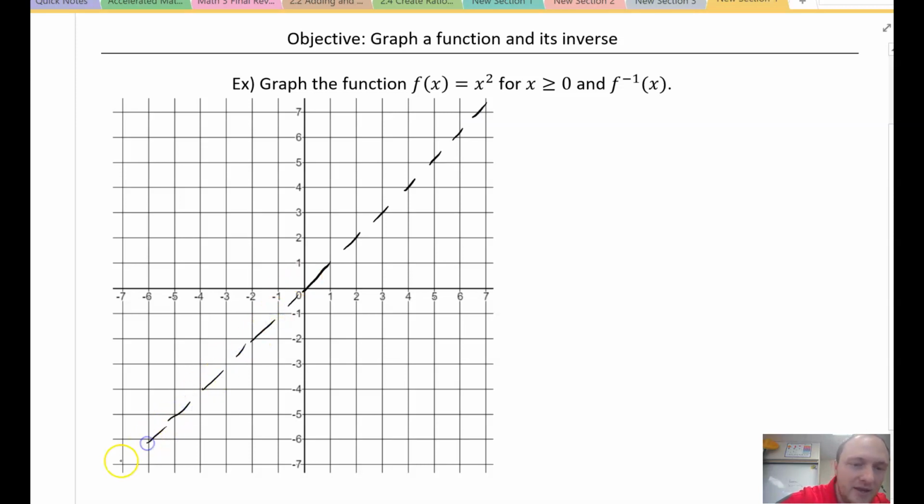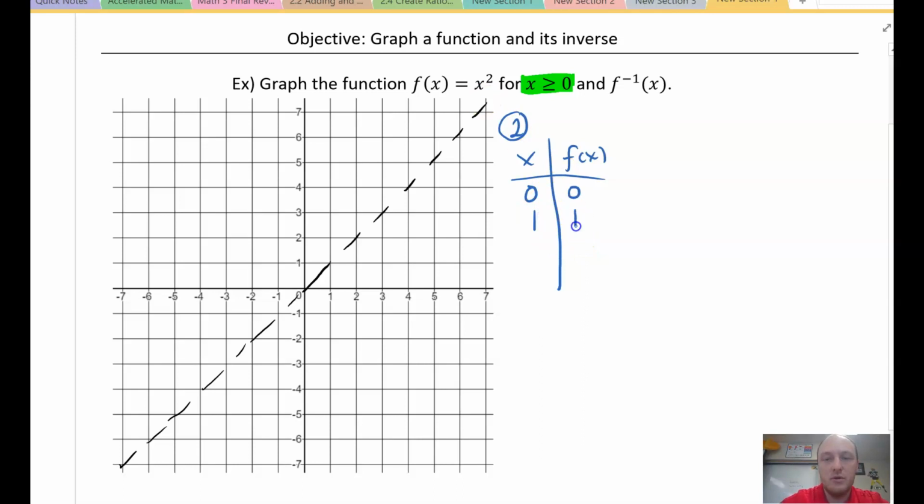And then step 2, I want to plot this. So we're going to make a chart. Here's x, here's f of x, which is just x squared. The first x value they give us, x must be greater than or equal to 0. That's your first value, so I plug in 0, and 0 squared is 0. Now I'm going to do the next x value, 1. What's 1 squared? 1. Next, I'm going to plug in 2. What's 2 squared? 4. Next, I'm going to plug in 3. What's 3 squared? 9. So now I have these points here: 0, 0, 1, 1, 2, 4, and then